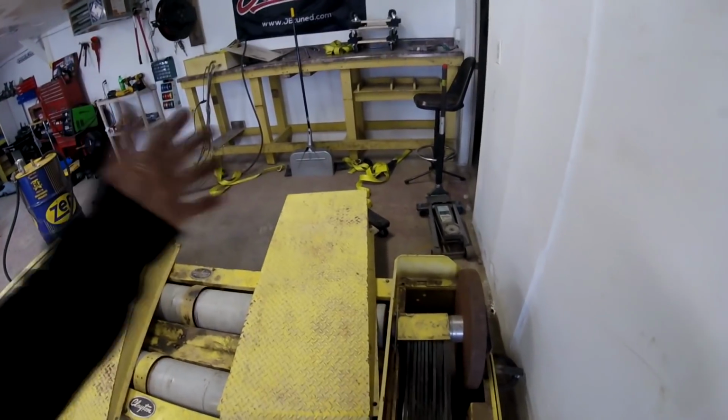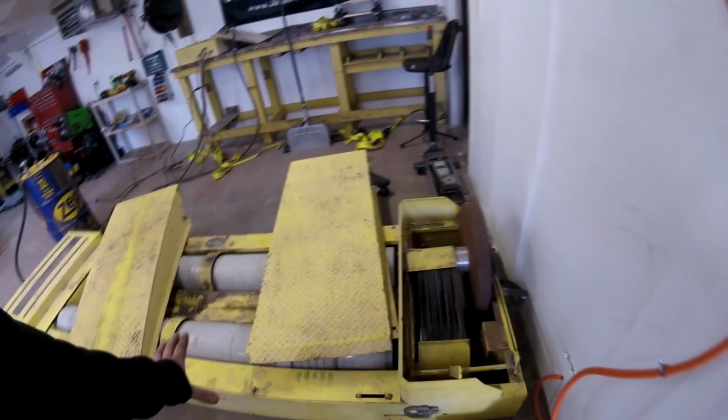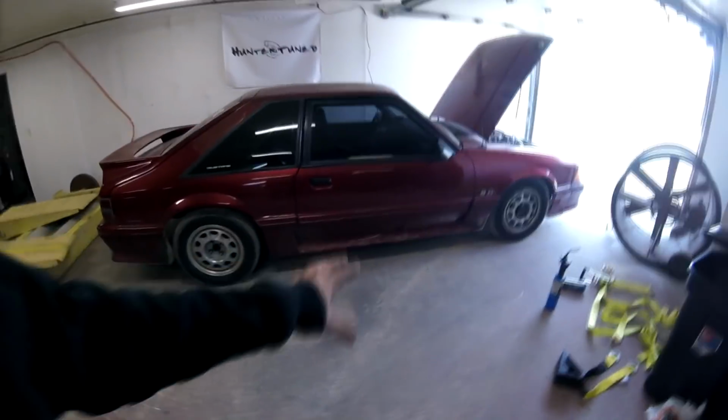But I was thinking about getting rid of the flywheel section here, because if we do, then this whole section will be completely flat, and we can put this end on this side of the dyno, so we can literally just drive over this thing if we have to pull a car into the shop or whatever. And then we can put the dyno probably somewhere back here, right by the door or wherever,